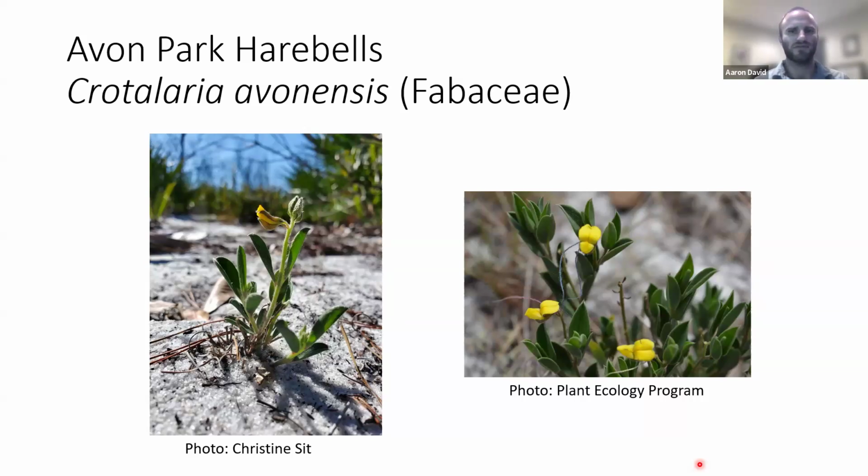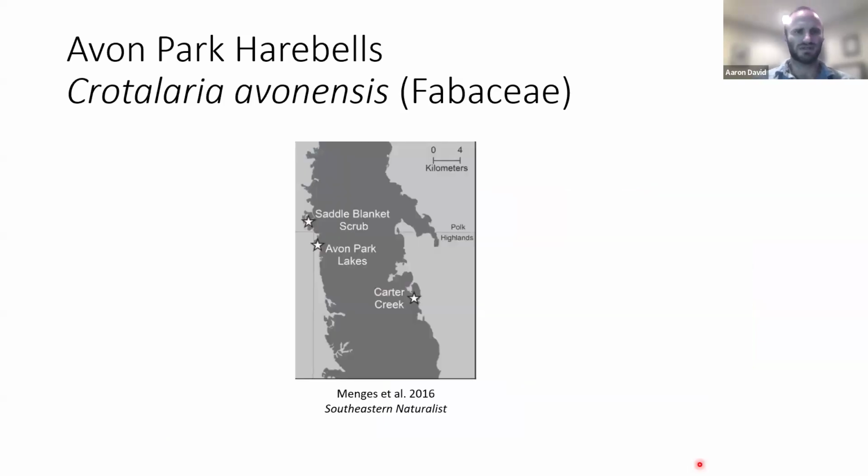It's known from very few places on the Lake Wales Ridge. It's known as a Lake Wales Ridge endemic, but that's not really telling the whole story. It's actually only found in 3 places in the wild. So here's a map of where they are, and it's really just that boundary between Avon Park and Sebring. So it's incredibly limited geographically. And that's just one of the things it has going against it.